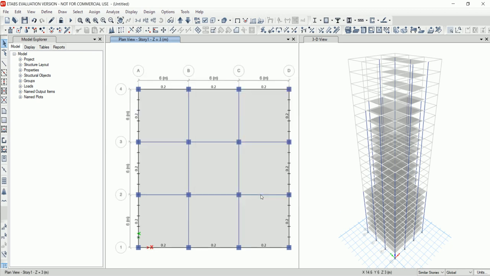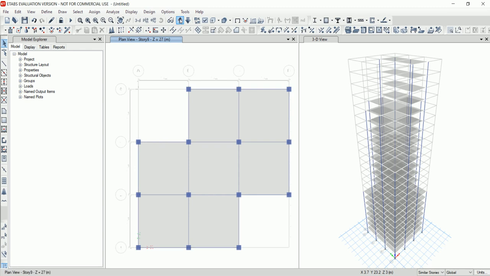Then go to stories between 9 to 14. Again, select the external beams.